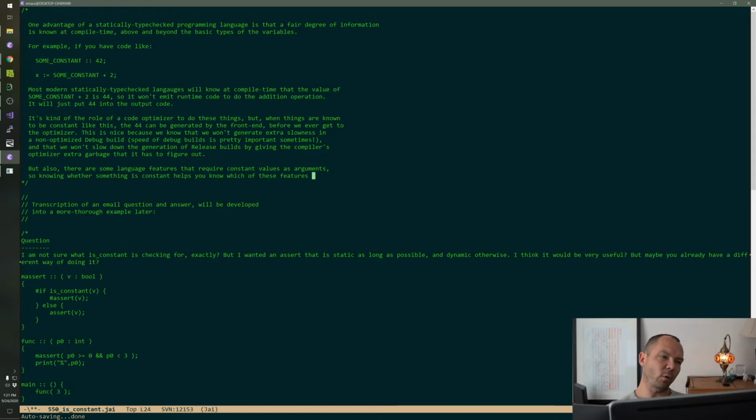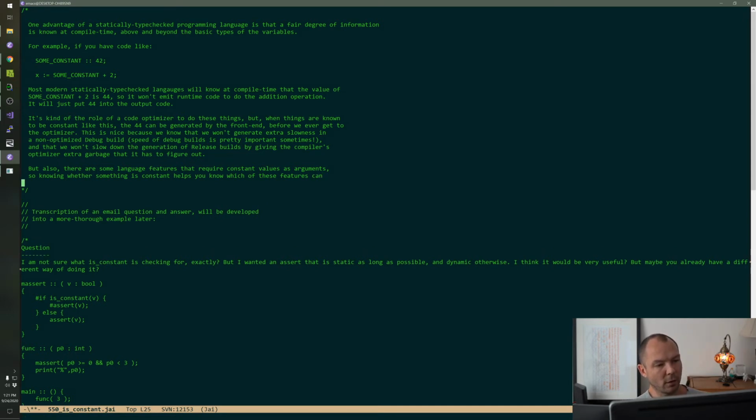See, this is a little bit weird because we're probably going to have little how-to pages for each of these language features. So we don't want to go super deep on them. Helps you know when they can be used.